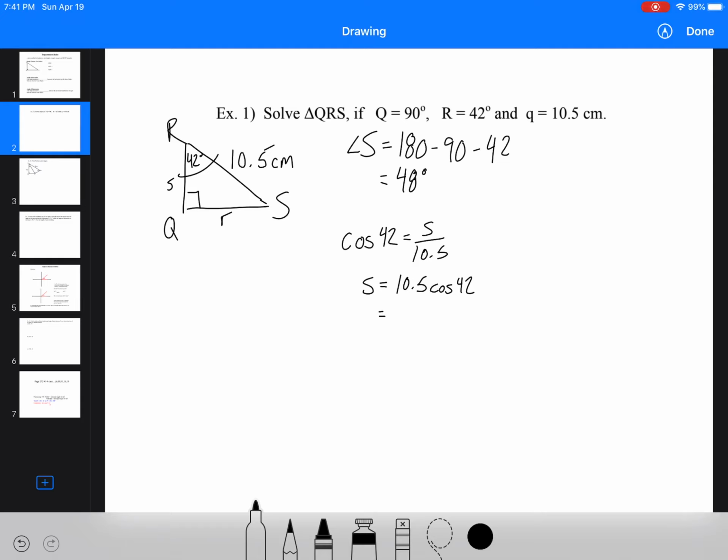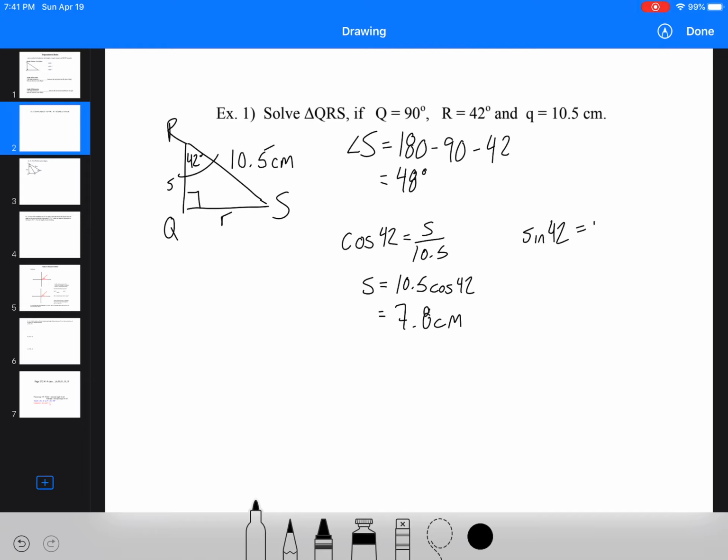Then S equals 10.5 cos 42, and our S value is cos 42 times 10.5, 7.8,